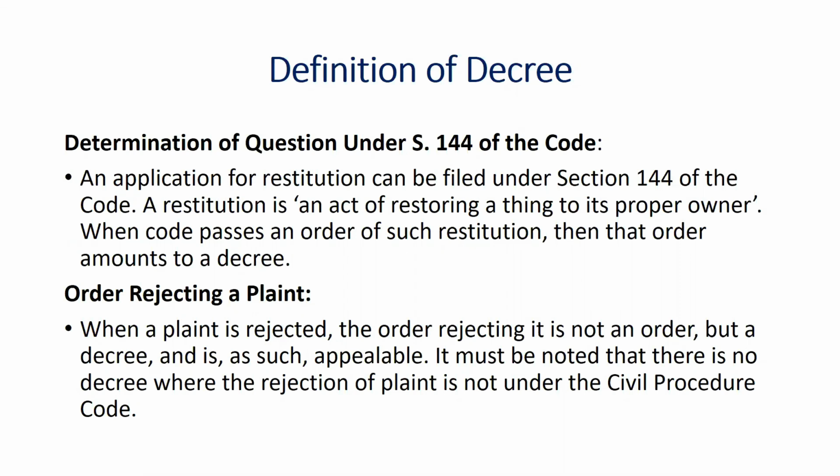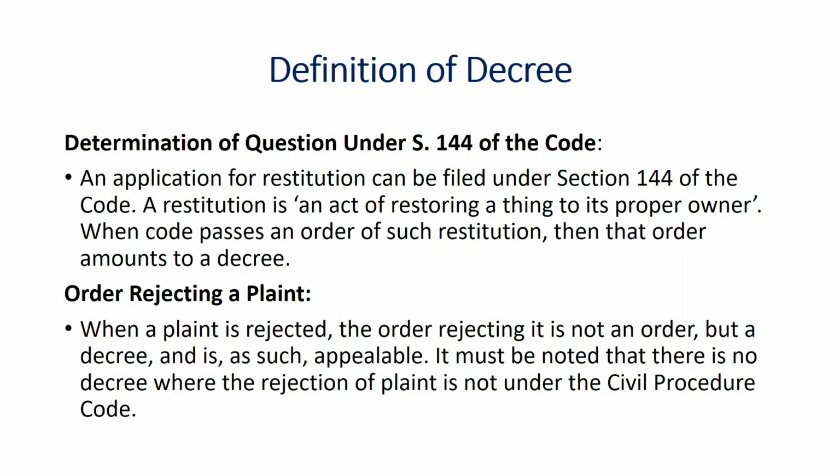मतलब सेक्शन 144 में रेस्टिट्यूशन की बात की गई है, और रेस्टिट्यूशन का मतलब क्या, अगर किसी की चीज है उसके प्रॉपर ओनर को दी जाती है, तो उसका जो ऑर्डर निकलता है, ये ऑर्डर को हम लोग क्या बोलेंगे, डिक्री बोलेंगे। देन ऑर्डर रिजेक्टिंग अ प्लेंट, when a plaint is rejected, the order rejecting it is not an order but a decree and is as much appealable. It must be noted that there is no decree where the rejection of the plaint is not under the Civil Procedure Code. अगर रिजेक्शन सिविल प्रोसीजर कोड के हिसाब से नहीं है तो डिक्री नहीं बोलेंगे।